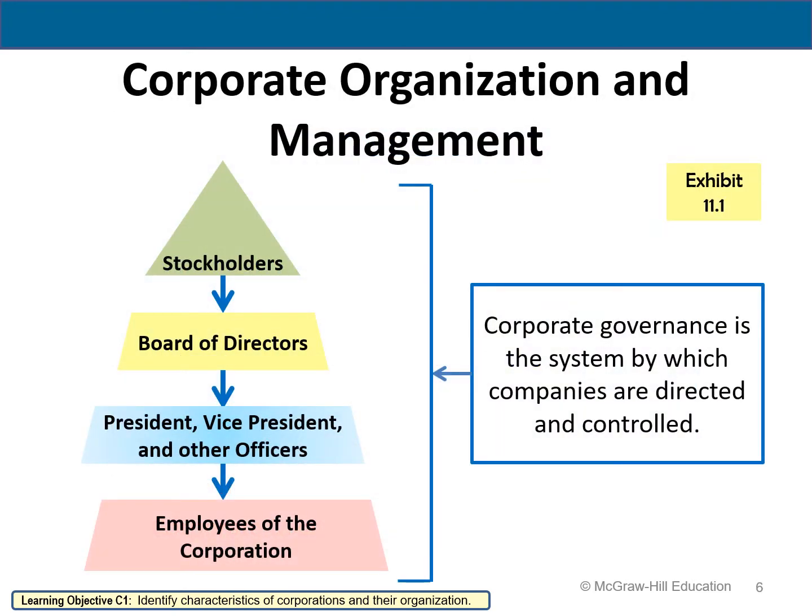Corporations are created by obtaining a charter from the state, and then the organization expenses, or the costs to organize the corporation, typically include legal fees, promoter fees, and amounts paid to obtain the corporate charter. The ultimate control of a corporation rests with the stockholders, who usually elect a board of directors. In turn, the members of the board will hire the executive officers of the corporation, and then the executive officers hire the employees.